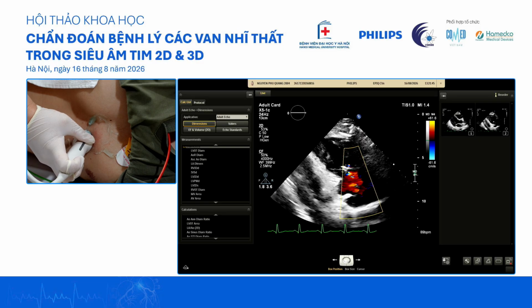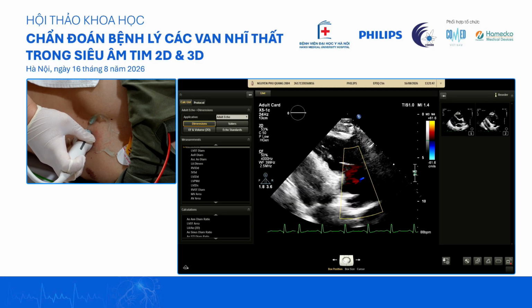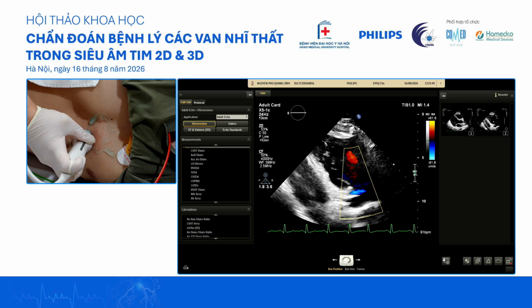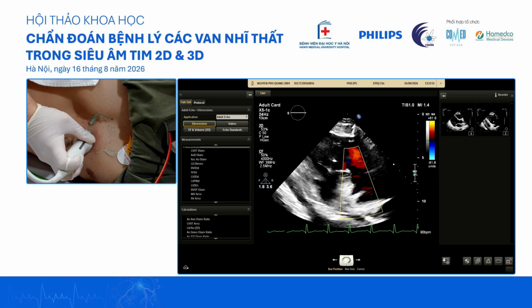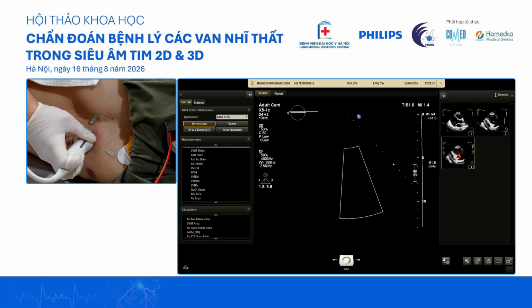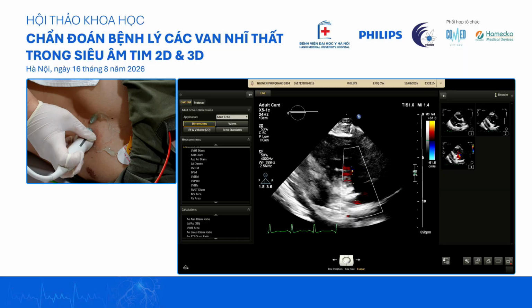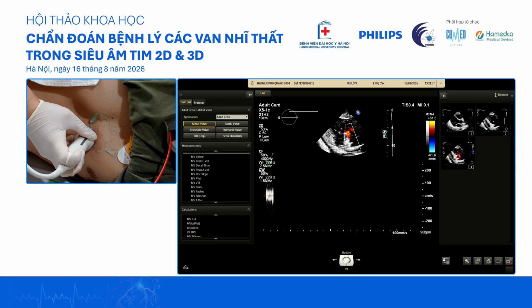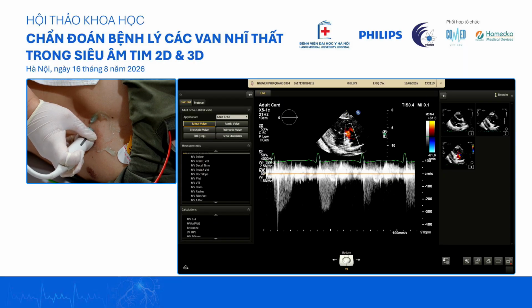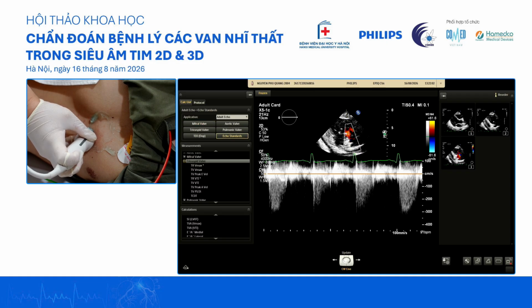We can see that there is some regurgitation. Let's take a continuous wave Doppler. We can estimate the PASP. It's almost 3 meters per second for the continuous wave Doppler of the tricuspid valve.